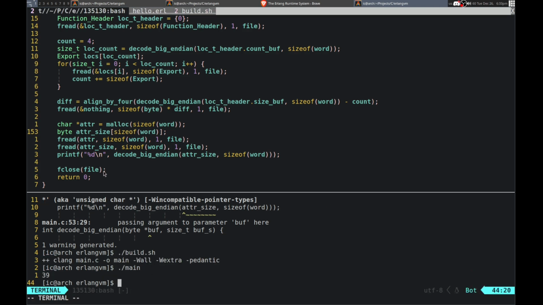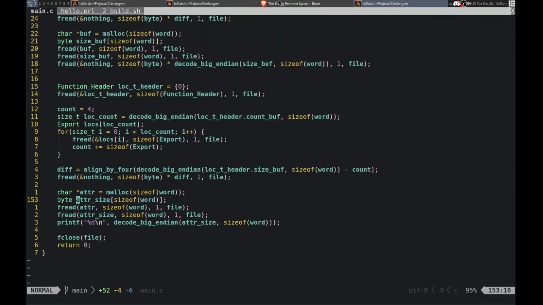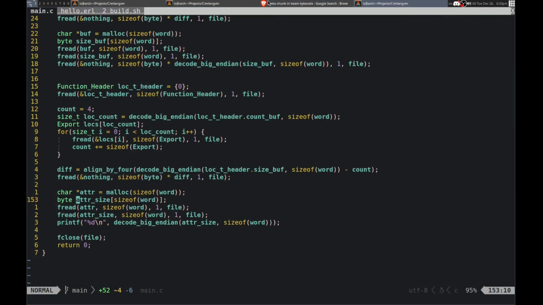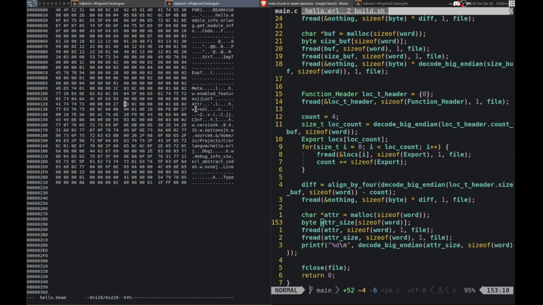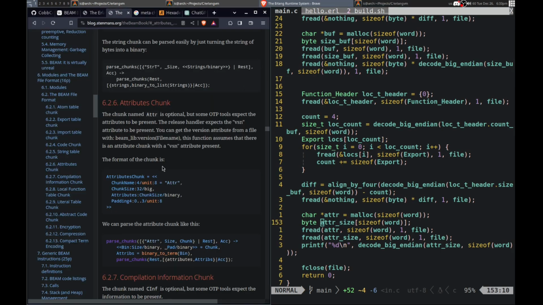So 39. Okay, and is that actually correct? 27, which is probably 49 in hexadecimal. 39. Perfect. Okay, so that is the chunk size. So where's the end of this chunk? What's the next chunk gonna be called? So I think the version is stored in here. So 29. Then we have to read the rest of that. So I'll just read it into nothing because we don't care about it.